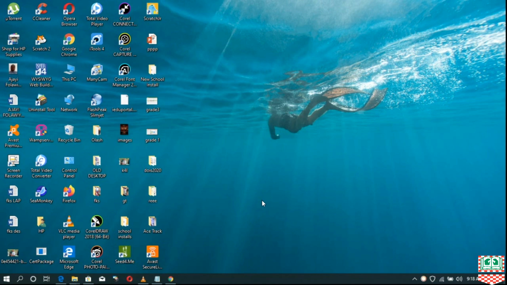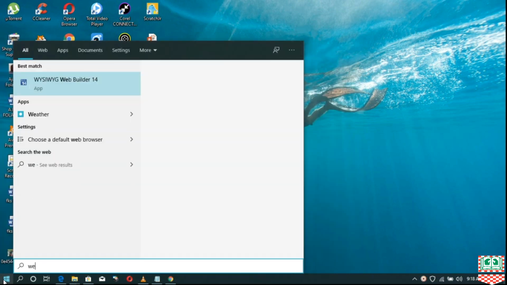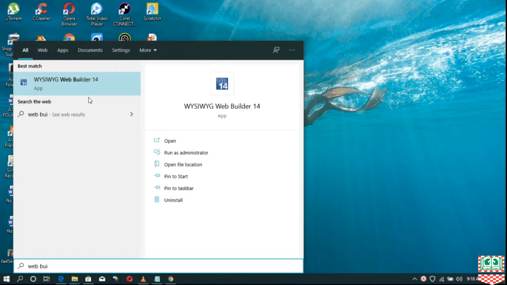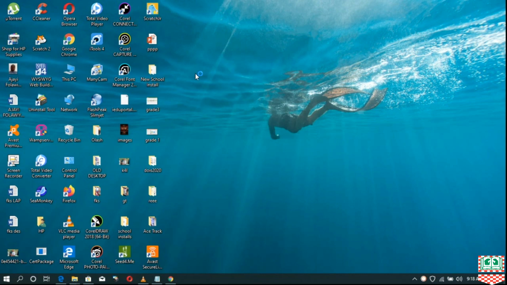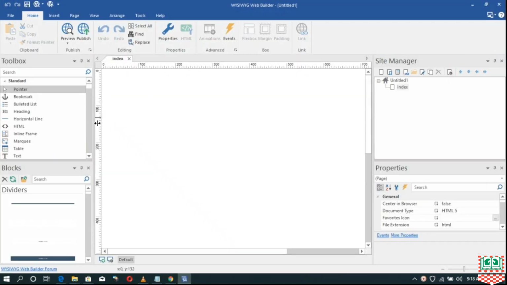If you want to open the Web Builder, you have to click on the Start menu and type Web Builder. Before you finish typing, you should have seen it on the list over here. So you click on it. Okay, so on our Web Builder,